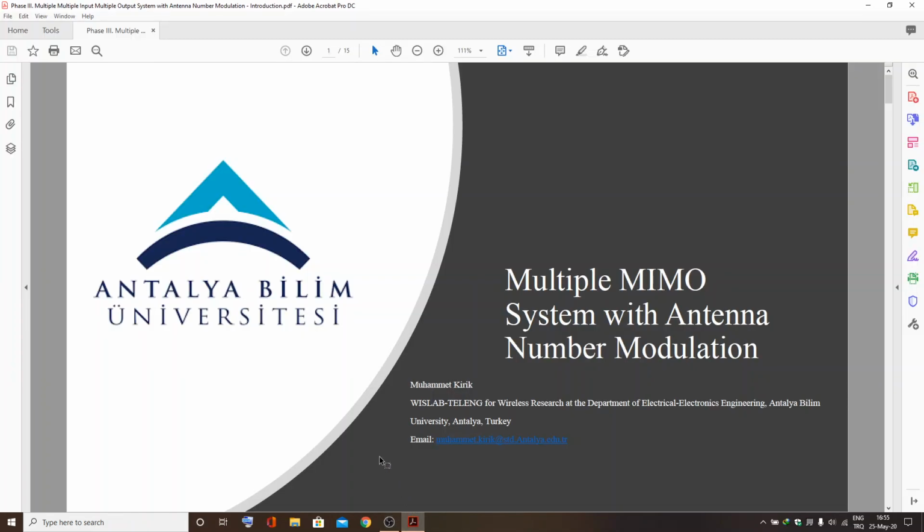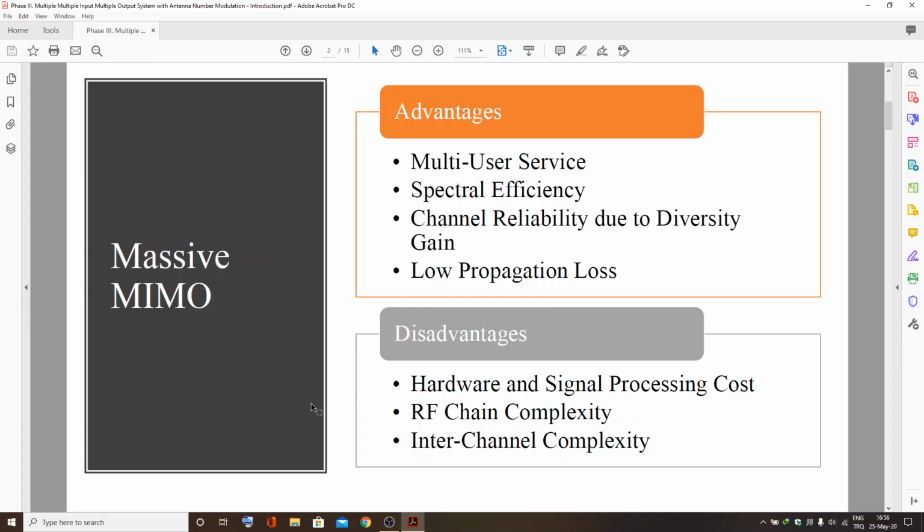Hi and welcome everybody. In this video we are going to be talking about a novel data transmission method called multiple MIMO system with antenna number modulation. In order to come up with this data modulation scheme, we combine two schemes, the massive MIMO and the antenna number modulation together. So the massive MIMO comes with a bunch of advantages like multi-user service, spectral efficiency, channel reliability